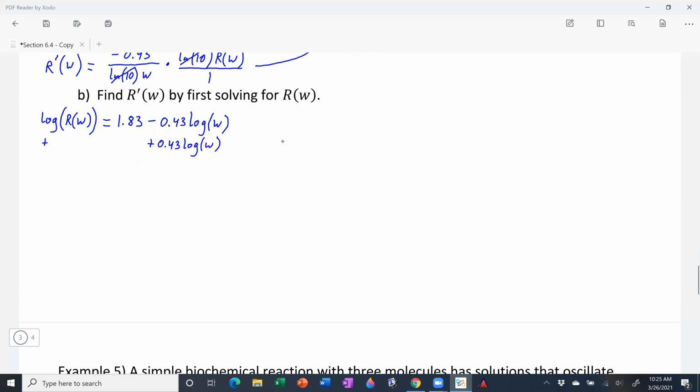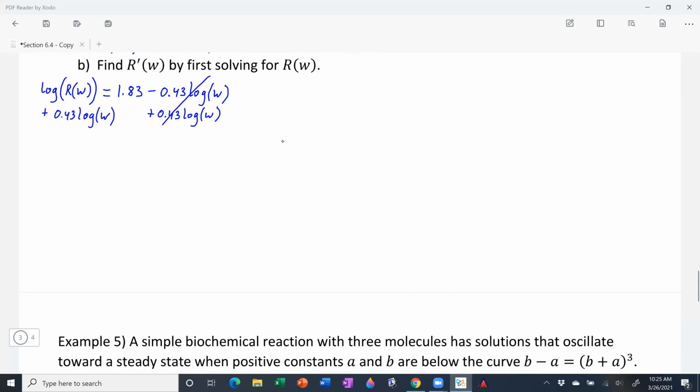Okay, and plus 0.43. So I'm adding this log w to both sides. Okay. And then with these two logs right here adding up, now we can't combine those because r of w is different on the inside than w. But what I do want to do is start actually thinking about how can we put these logs together